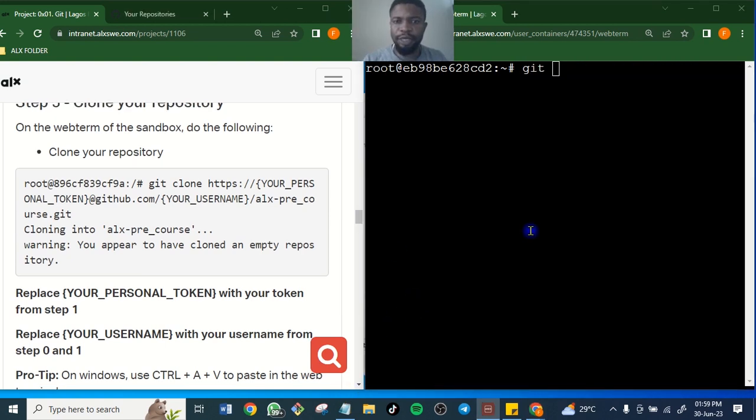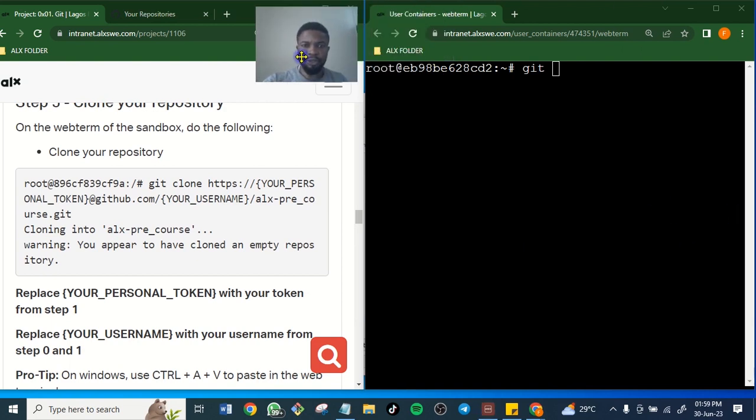So I've been able to get another different account that will help us log this. I would have just skipped this so that you just execute it, but I want you to see it so that it will be a very good example. Git clone https, then your personal token.